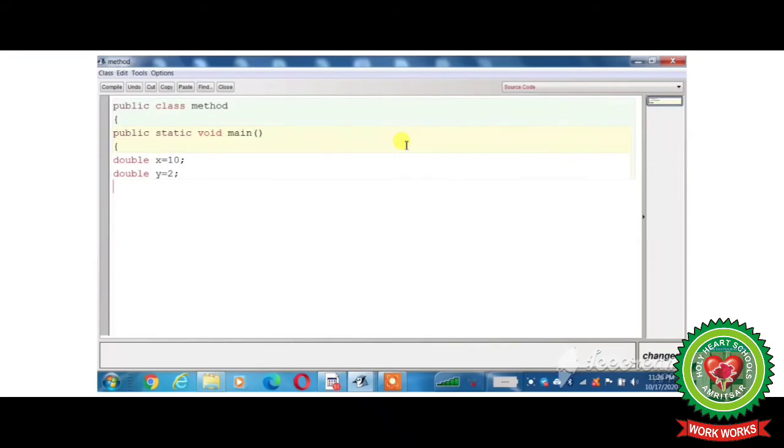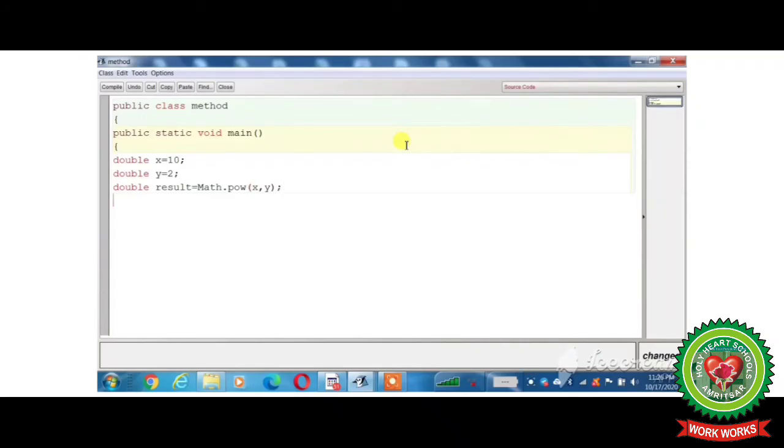Now our result type will also be double, so we will write double result is equal to Math, M will be capital, Math.pow(x, y) round bracket close, semicolon.